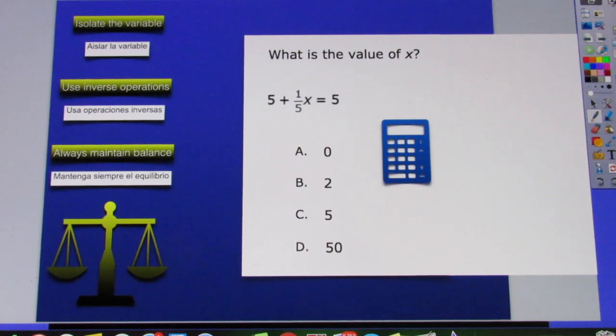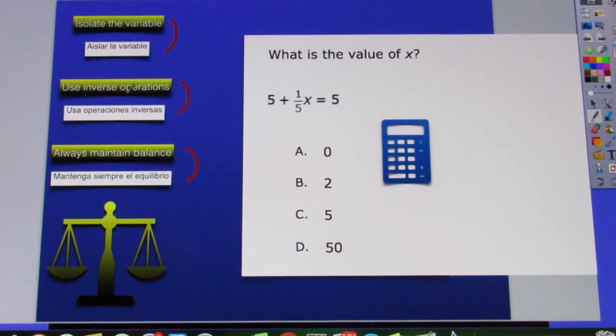Alright, let's solve some equations today, young people. In this equation here, my job is to find the value of x. On this side I've given some advice for the steps to take to solve equations. Always think isolate the variable, which means to get it to be the only thing on one side of the